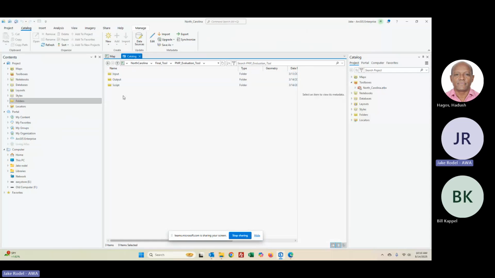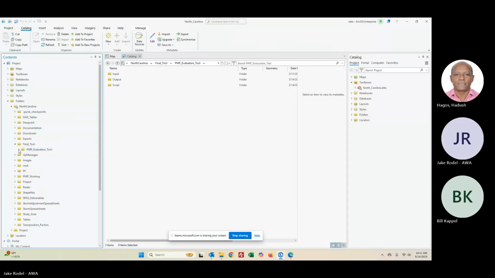So if we look inside of that folder, we'll see we have a series of folders in that as well. One for the input, output, which can be anywhere. This is just there as a blank container right now, but you could change that. You could move it to another spot. It's just an empty box to store the output. And then our script folder. So if we look at these here,